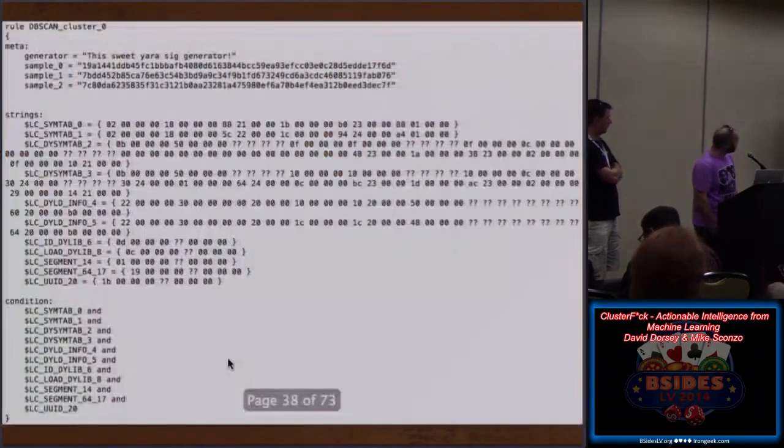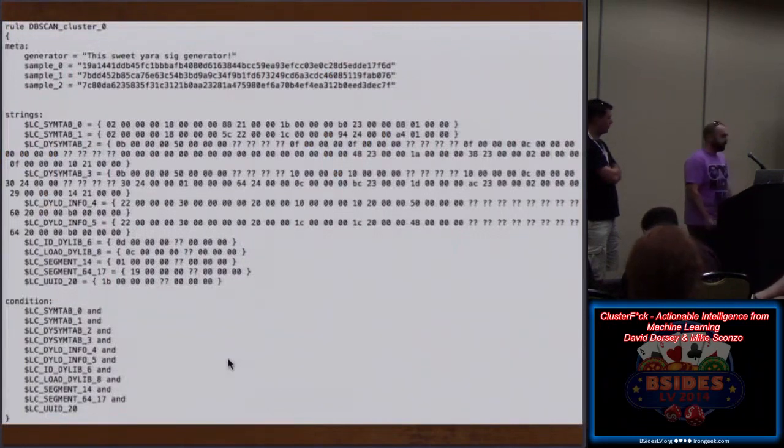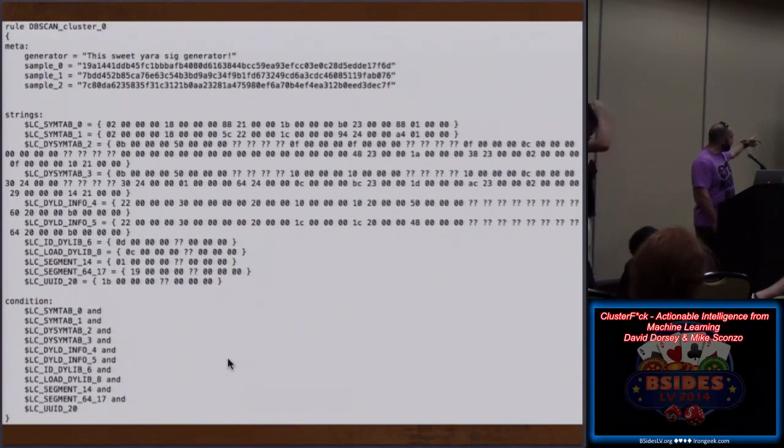So I don't know if you guys can see that in the back very well, but this is actually what one of the Yara signatures generated from the clustering and then through this Yara signature generator looks like. So it tells you, right, what samples are supposed to be in the cluster. It'll give you the cluster label, the algorithm that it generated with, and then all the various parts that were fed into the generator.